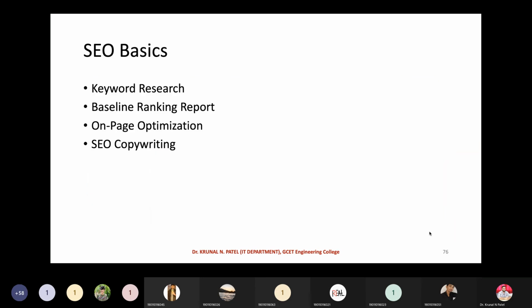Now, what are the algorithms or techniques used for SEO? Keyword search, which we have already discussed, baseline ranking report, on-page optimization, SEO copywriting.